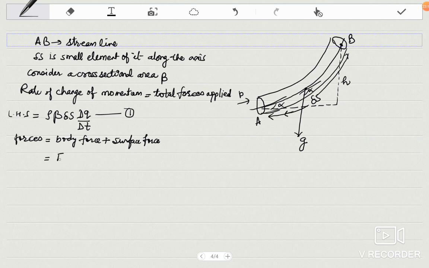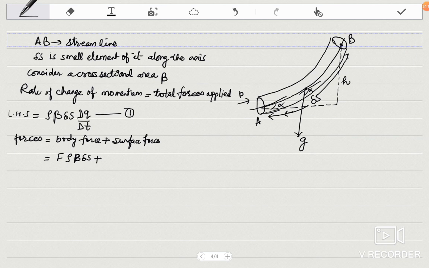Suppose I take F to be the body force per unit volume. So for the whole volume it will be F rho beta delta S. Again beta delta S will be the volume, multiplied by rho it will be the mass, and F multiplied with mass will be the total body force, plus